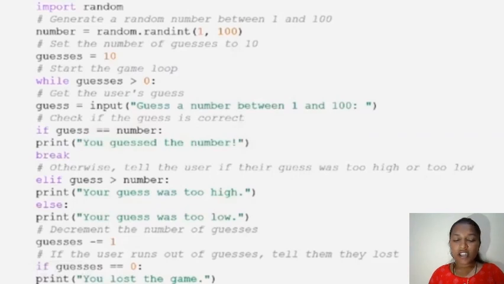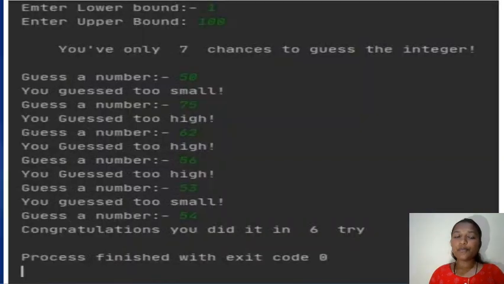If the user runs out of guesses, tell them they lost. If guesses is equal to 0, print. After running the program, the output will be: enter the lower bound. The lower bound is -1, and it asks to enter the upper bound, which is 100.